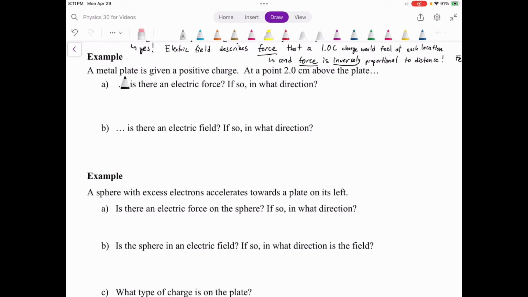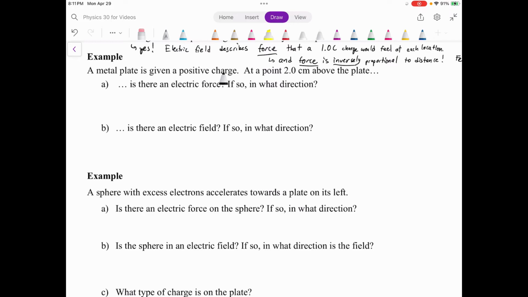So it says that a metal plate is given a positive charge. By the way, you're going to see a lot of reference to plates in this chapter. It's not talking about a dinner plate that you would eat off. In electricity and circuits, we often use charged metal plates. It's just like a piece of metal essentially,